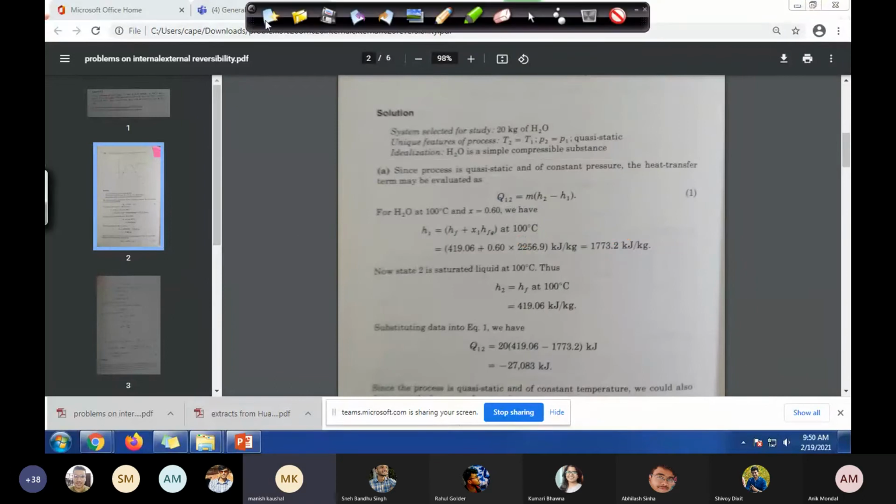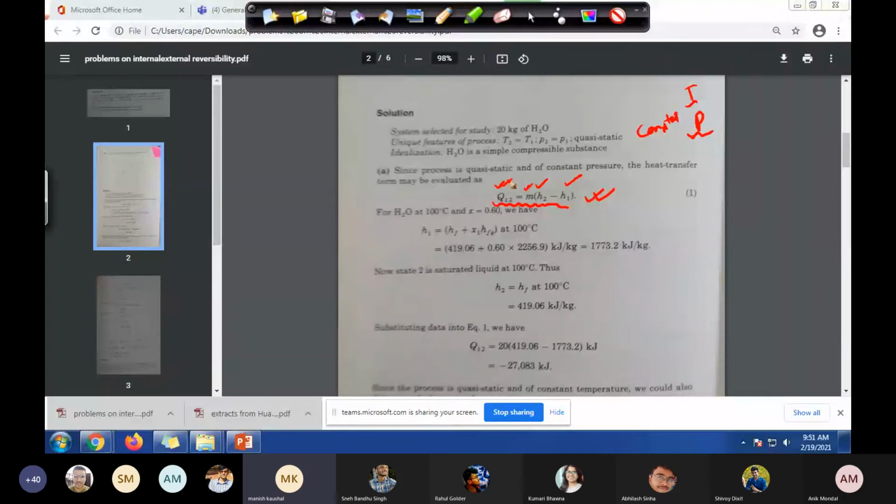So since this is a phase change, the process is happening at constant pressure, constant T and P, right? Since it's constant T and P, can anyone tell that Q is equal to what? Delta H. You can check. This H2 and H1 you can get from steam table. Mass of the steam is given. So you can calculate from the final and initial enthalpy how much heat is being rejected by the steam. So we know Q12.